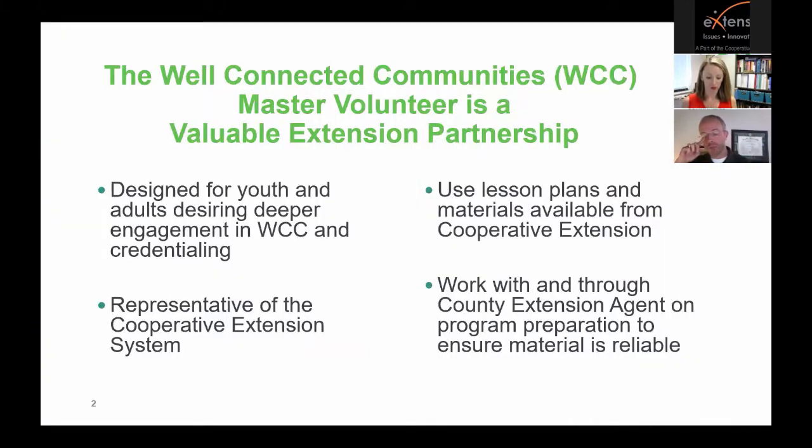Extension has welcomed volunteer participation in our programming for a long time, maybe even since its inception with the use of demonstration farms early on. But the intent with the Well-Connected Communities Master Volunteer is to take it up a level, almost to have a volunteer operate as something as a paraprofessional educator in your community to help leverage extension outreach and education,